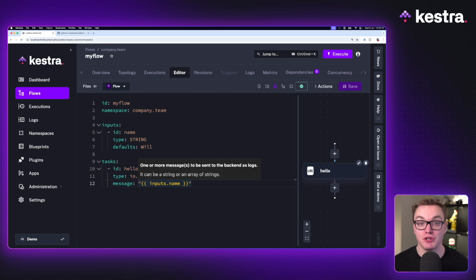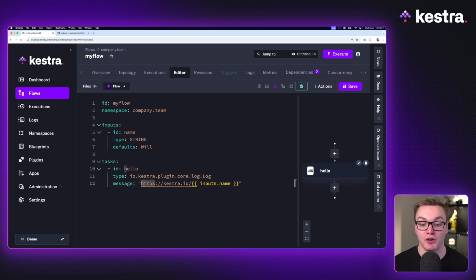Now, in some scenarios, you might be passing in an HTTP request. You might be doing something like this, where you've got a URL and you want to hand in data directly to the URL path, maybe because you're making a request. In these examples, and if you're using these quite a lot, I'd recommend getting rid of the white space, just so that it's a little bit clearer to read, because now you haven't got white space inside of a URL, which is a bit bizarre to read. So now this looks a little bit cleaner, and with the syntax highlighting, it's clear what's an expression and what's not an expression. So hopefully that has helped give you a good idea on how expressions work inside of Kestra,